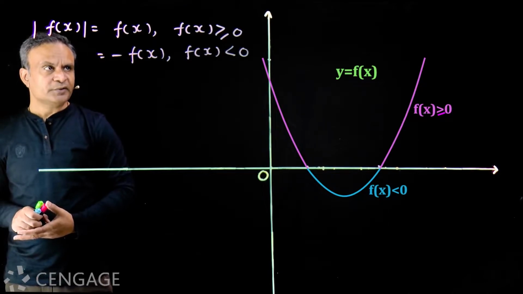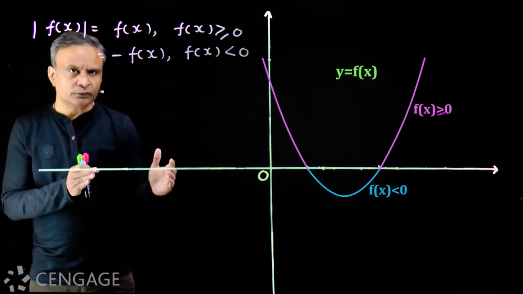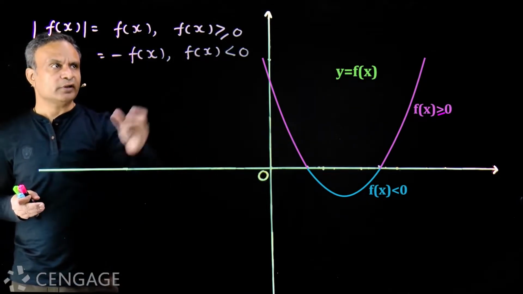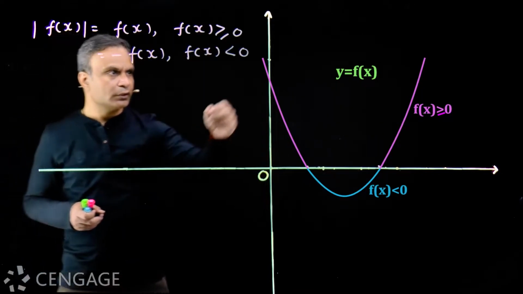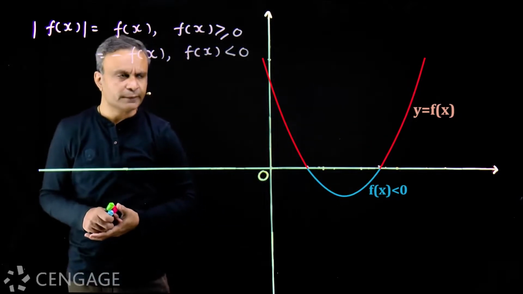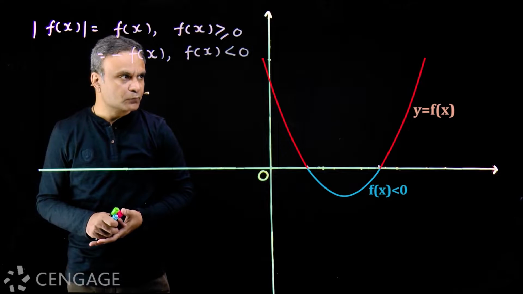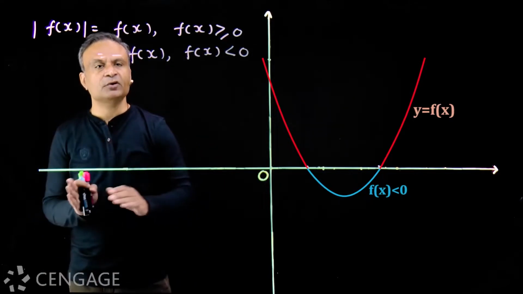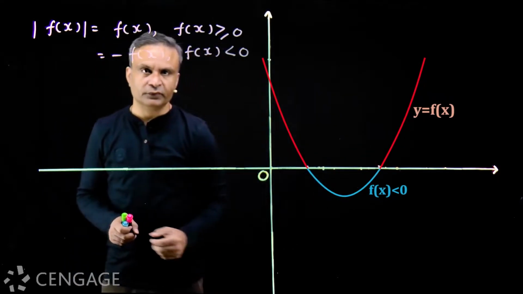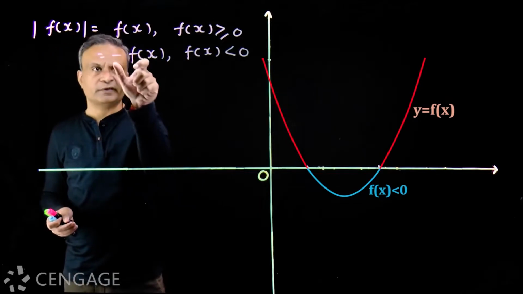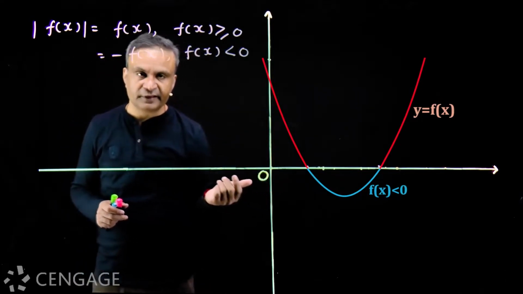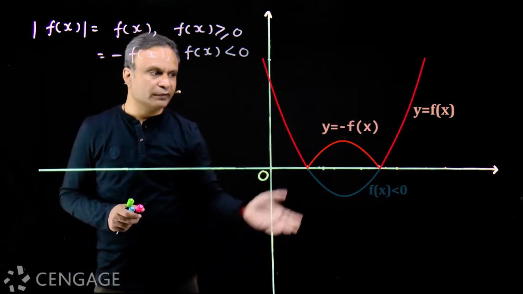Okay, that means graphs of y is equal to f of x and y is equal to modulus of f of x coincide for f of x greater than or equal to 0. So we keep these two parts where f of x is greater than or equal to 0. These two parts will be parts of the graph of y is equal to modulus of f of x also. Now here f of x is negative, and when f of x is negative, modulus of f of x is minus f of x. To draw the graph of y is equal to minus f of x, we flip the graph vertically, or we reflect the graph in x-axis.